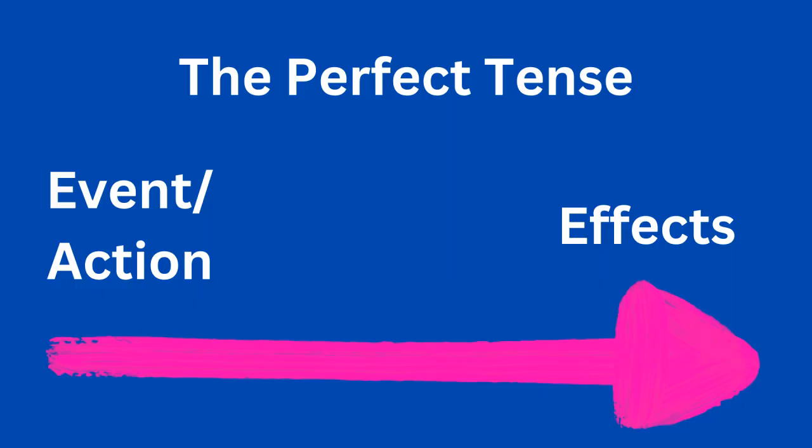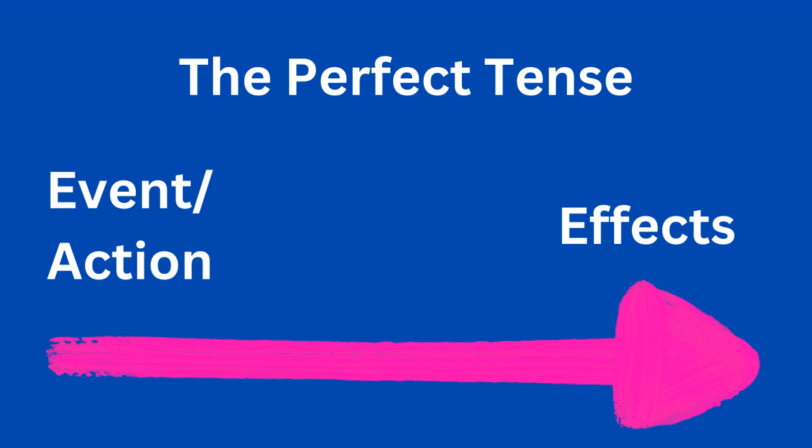Today we're talking about a particular use of the perfect tense, the perfect of allegory. But before that, let's take a quick look at what the perfect tense in general tends to represent. So the perfect tense generally speaks about an event or an action in the past with effects that move on